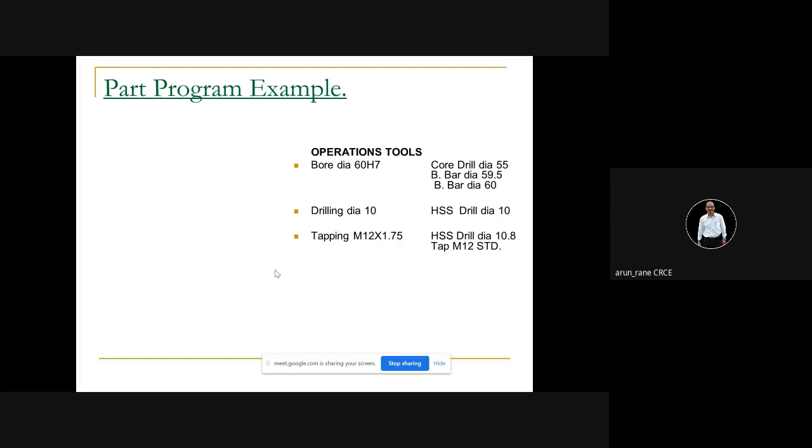This is how you have to do it in the industry, but not in the examination. Because in the examination, you would have to write this for just one operation. You would have to use 6 tools: center drill, then drill dia 10, drill dia 30, drill dia 45, drill dia 55, then bore 59.5, and then finish. So in the examination, we expect that you just use one drill and then a boring bar. You cannot use the boring bar directly because there is no drilling. So you can just say drill diameter 59.5 and then boring bar. These two tools you have to write the program for in the examination. But in the industry you cannot do it like that.